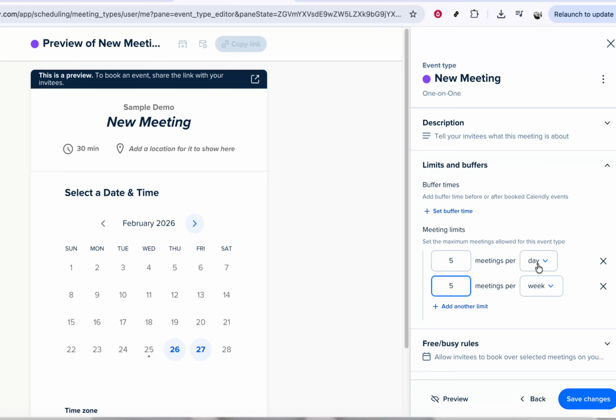Waiting for a brief confirmation or checking that the button is no longer highlighted can help you confirm everything has been applied. And that's it. You've now set a minimum